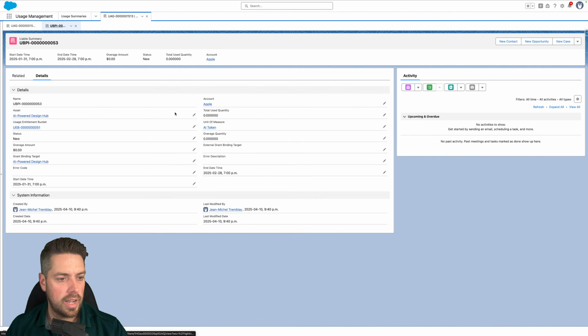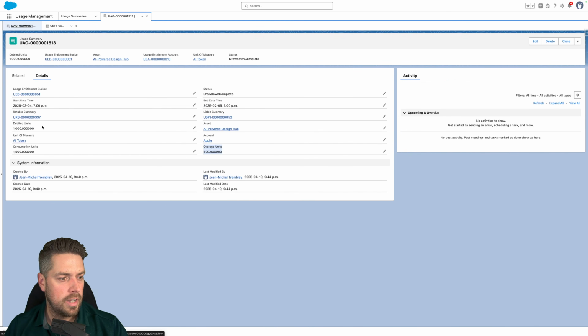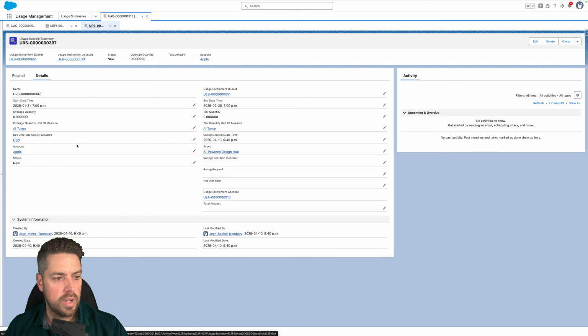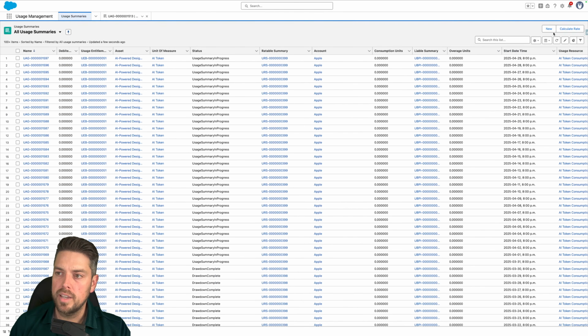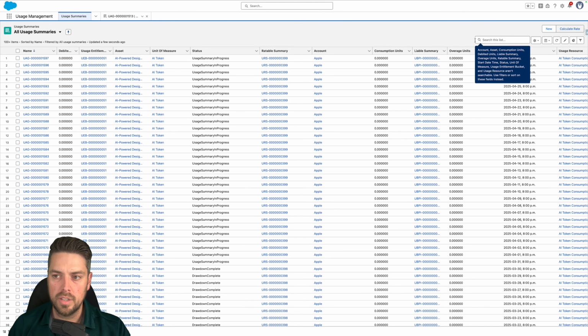We head over to the billable summary. For now, we don't have any calculation. That's going to come later down in our process. And the rateable summary as well is created, but the overage quantity and the net unit rate have not been calculated yet. So at this point, what you want to do is head back to your usage summary list view, and we're going to go ahead and click calculate rate. And this is going to